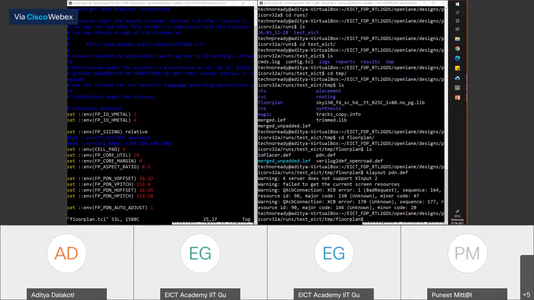Vishnuvardhan, as I pointed out, utilization is specified as how much area your cells occupy, and the rest of it is empty. You have to keep low utilization in the two open source tools to be able to achieve placement and routing. Typically, in commercial tools, you keep a margin for the clock tree which gets created, the routing channels which may need to be created, and the ECO which might need to be done later on. You have to keep a margin for everything.